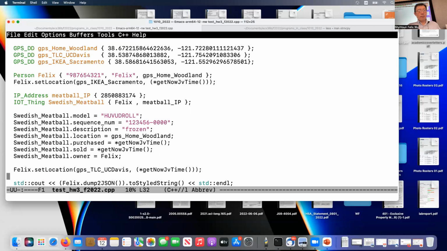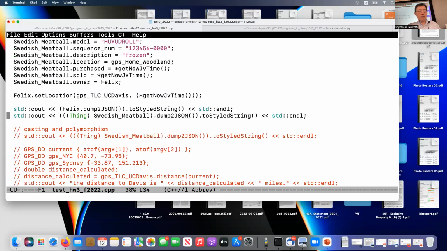IoT thing, switch nibble. I did a casting. Oh, you know what? I didn't cast as call by reference. I actually call by value. So I should do this. I'm casting as a reference because I don't want to do a copy. I want to do a reference. So if I do this,